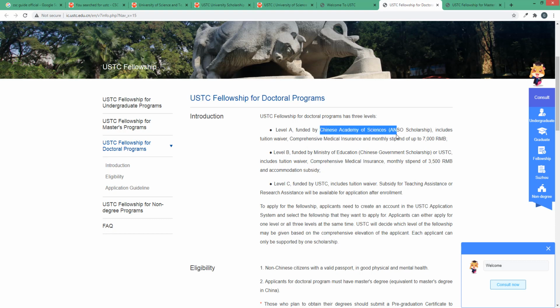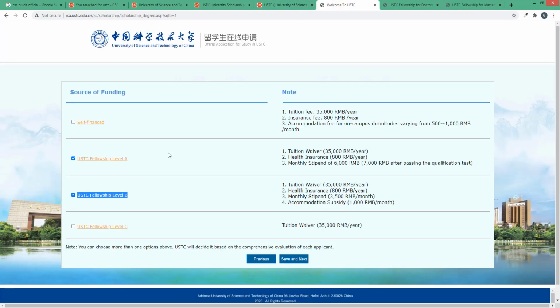So Chinese Academy of Sciences ANSO scholarship, and the level B scholarship is funded by the Ministry of Chinese Government Scholarship or USTC. Okay, and the stipend is the same as CSC, so don't worry about this. So if you want to apply for the university scholarship and for the ANSO scholarship, you need to select both these options.